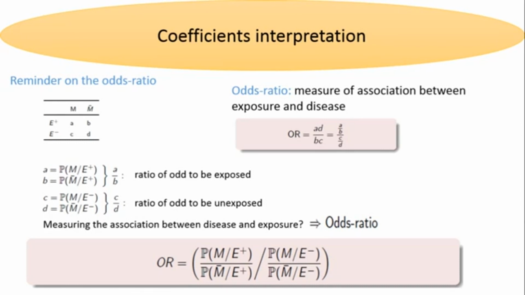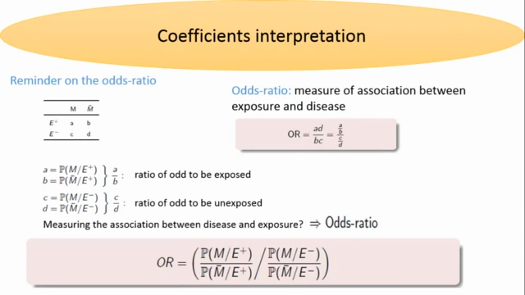The odds ratio is calculated as the ratio of those odds. The odd of exposed is the ratio between the probability of exposed persons